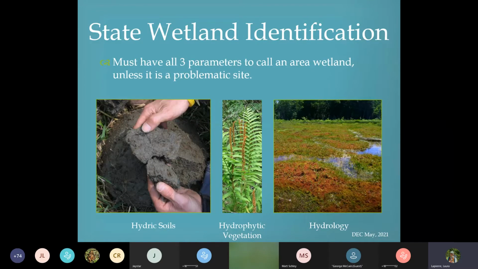And you need these 3 parameters. You need to obviously have the hydrology: ponding of water, saturation, squishy feet. That allows for the formation of hydric soils, which may be gray depleted soils with orange spots or redoximorphic features. You could also have a very deep, dark soil or a muck soil. And then, of course, we see hydrophytic vegetation, such as the cinnamon fern on the screen,